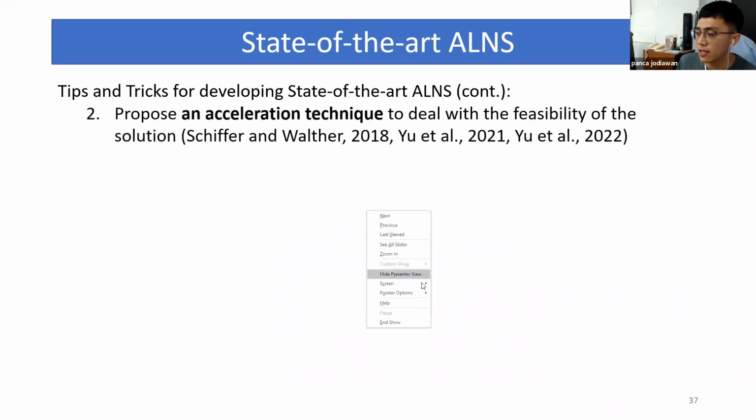And then the second one is a more technical aspect. I will just briefly discuss this. We propose an acceleration technique to deal with the feasibility of the solution. The more constraints the problem has, the higher the complexity level is.